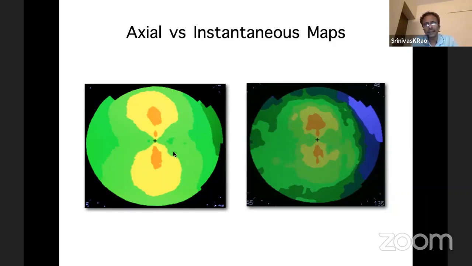So you can look at this as the low power and this is the high power of a microscope. Most people tend to use the axial maps on a routine basis because this is what we like to see, uniform maps. But if there's a particular area of interest and you would like to see more detail, then you can go on to the instantaneous mode. It's the same image capture. It's just the way the computer interprets the data. So on the same image, you can get both this and that at the click of a button.